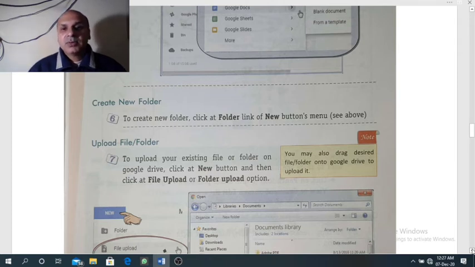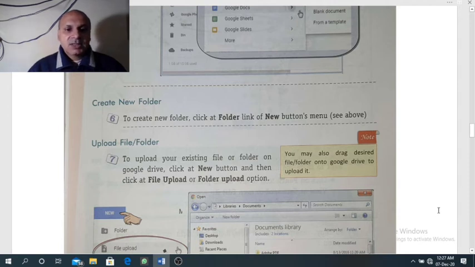Data can be in any form like text document, picture files, audio files, video files. And download is the reverse process. In case of download, we copy the data from the server to our device. So here we are going to study how to upload file or folder from our device on the Google Drive, that is on the cloud.